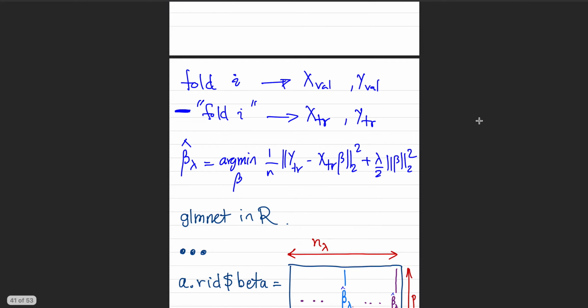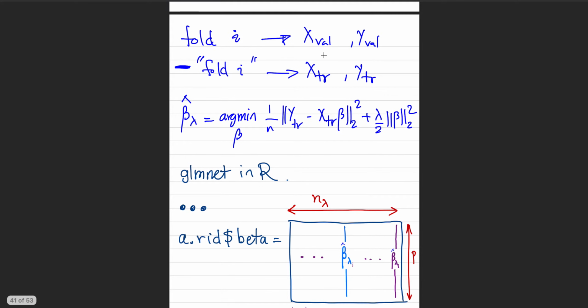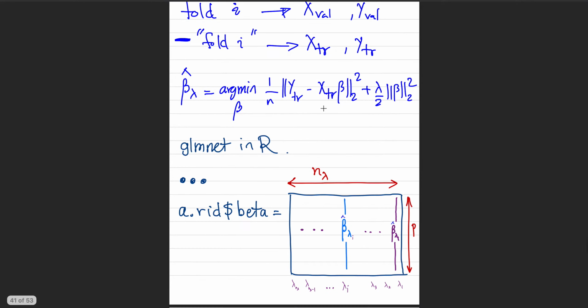Now what we do is we take fold i, the ith fold, as X validation, Y validation, and everything but the ith fold becomes the training set, X train and Y train. And then we solve a ridge regularized problem using the training data, Y train and X train. So we call elNet in R, and then